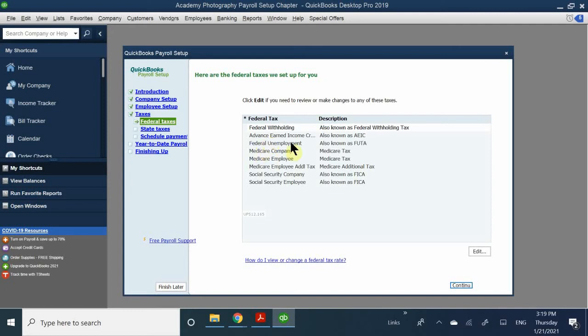You need to tax them, okay? Federal unemployment, which we talked about. Medicare company, okay? Medicare employee. Then we have another Medicare employee. Then we have Social Security company, Social Security employee. Okay, so then I'm going to go ahead and I believe we are going to set up,